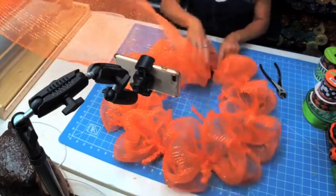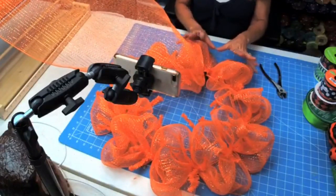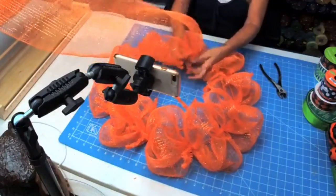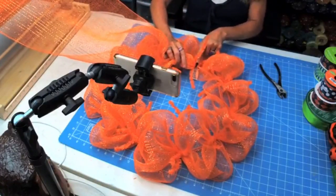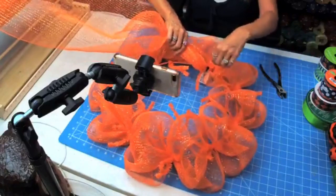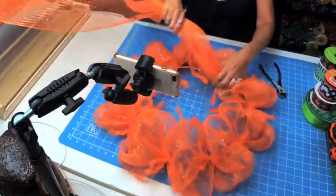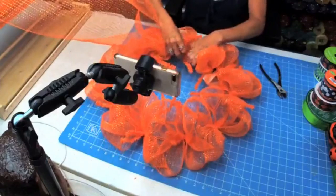All right, you guys, what I did, I'm sorry, I'm chatting. I'm now transitioning from the bottom ruffles to the top. So instead of opening up a tie right in front of the tie, I open the tie, and then I zip tied right in front of it. I'm putting my mesh through, and I'm going to the next tie. I'm not using this tie to hold it. It's the same thing that I did on the bottom. Whoops. And I always measure. I know Lori does the 3 count, but...